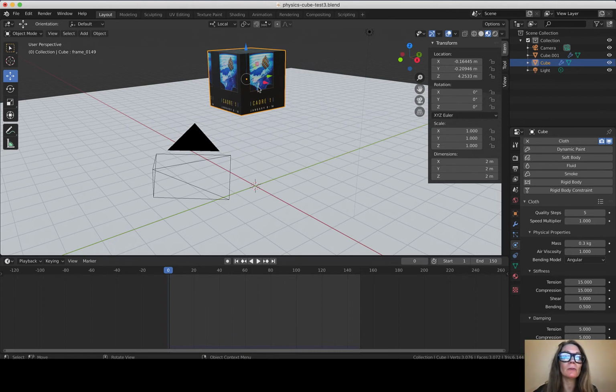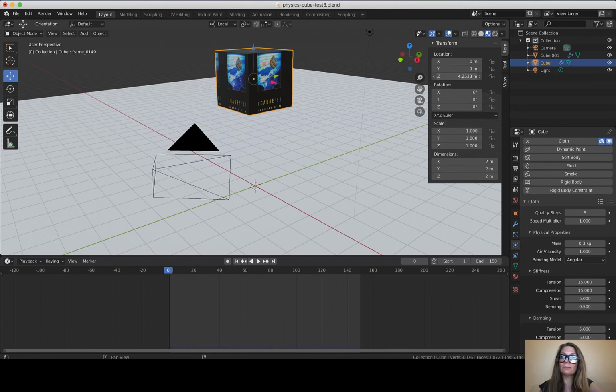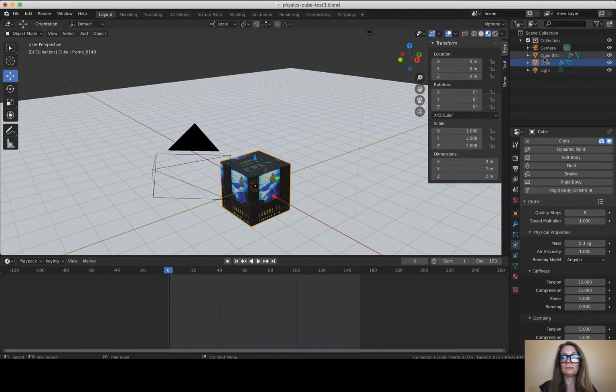So what we're going to do is, like in my path constraints tutorial, before we applied the constraints, we set the object to 0, 0, 0. So I'm going to do the same thing here. So 0, 0, and 0. And then I'm going to go